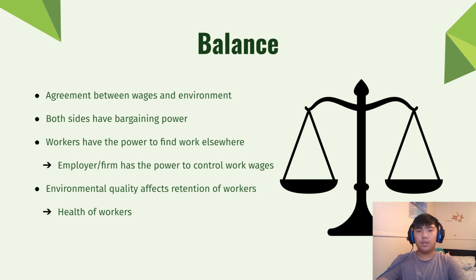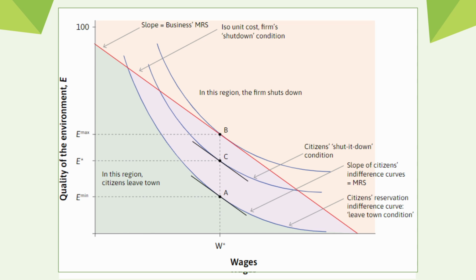And so you can see with this graph, the bare minimum of retaining workers is illustrated by the red graph, with the blue graph indicating the limit of the business before they become bankrupt. The E max is indicated on the upper graph, which illustrates the case where the workers are able to stretch their bargaining power for a better environment at a set wage.